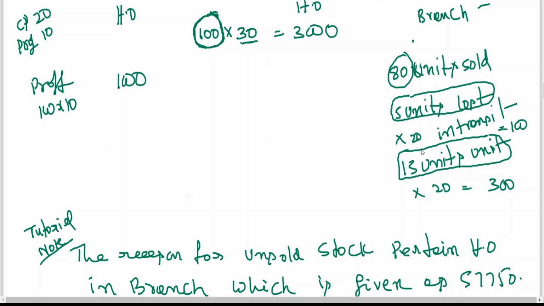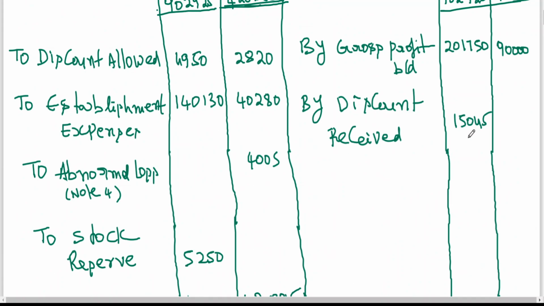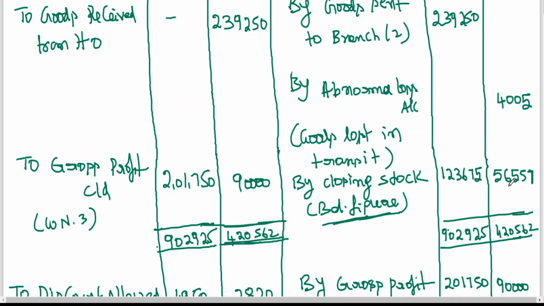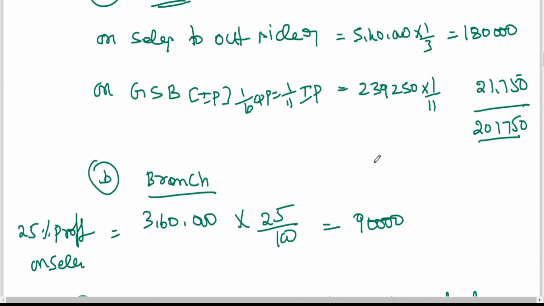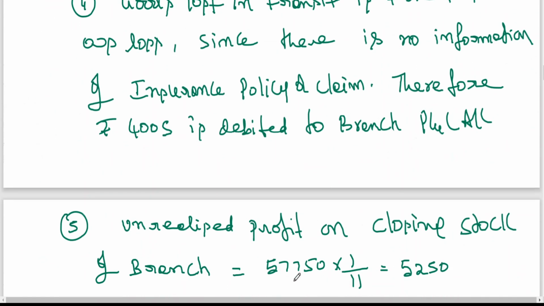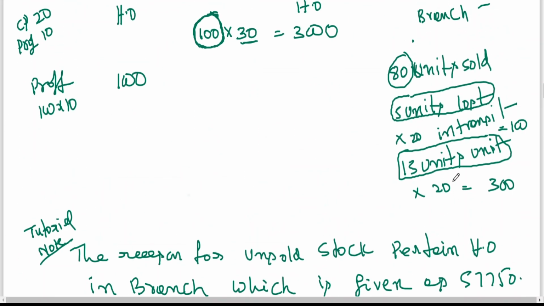So that is why I told you, the closing stock which is appearing in the problem here is 56,557, which is less than 57,750. The reason can be like this: they might have given only physical units, but what is missing? Units lost also they have treated, because at the time of sending goods, can head office predict that some goods will be lost in transit? That is the reason on total value.